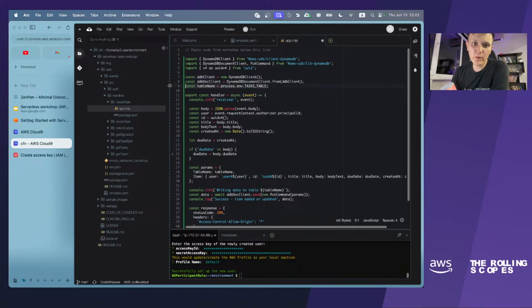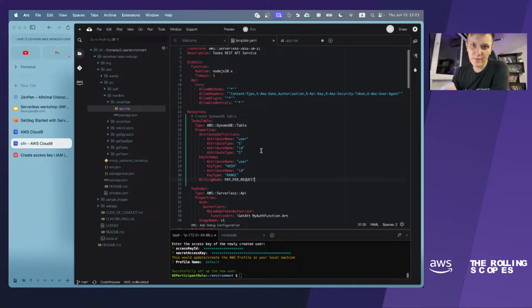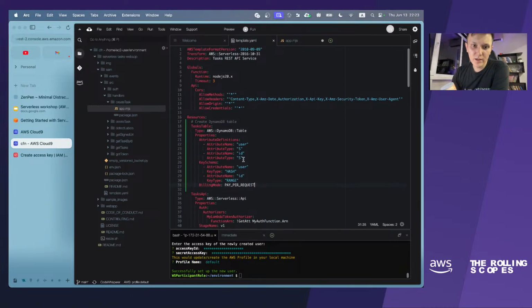And actually we put this table name in some YAML in the template.